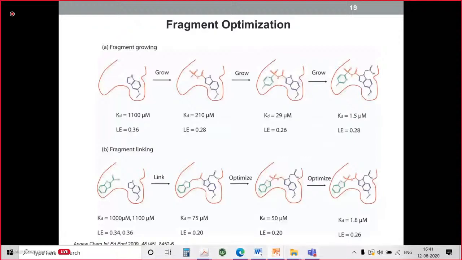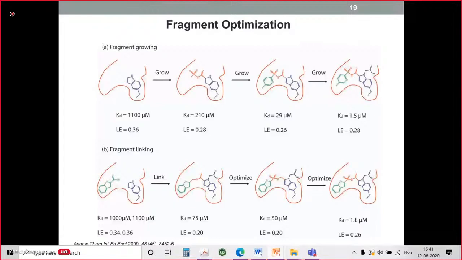But optimization, as I discussed earlier, is a very important part of fragment-based drug design, or fragnomics. Optimization is done in two ways. One is growing, another is linking. So in growing, first we have to identify one fragment, and another fragment is linked directly